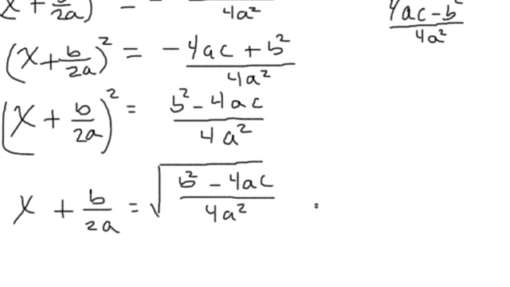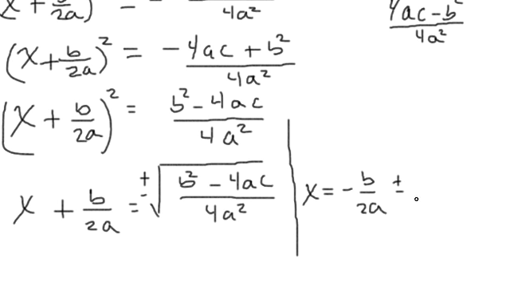Alright, and I'm going to go ahead and continue this over to this side. I almost left something off. We've got to always remember, right, plus or minus when we square root both sides of something. So I just about left that off. Okay, I'm going to go ahead and take this b over 2a to the other side. So we're going to have x is equal to negative b over 2a plus or minus,